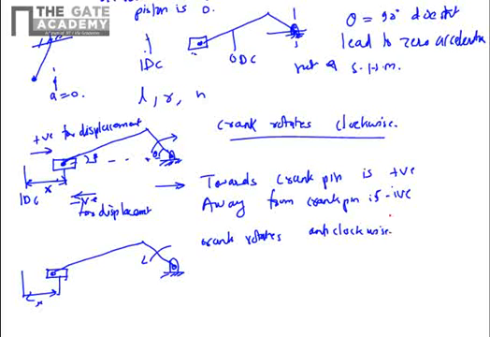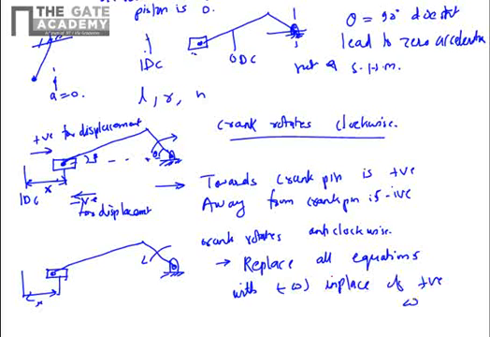So in that case, you have to replace all equations with negative omega in place of positive omega. So this thing you have to keep in mind. This configuration you just have to memorize, because if the question is asked like this, let's say we will take